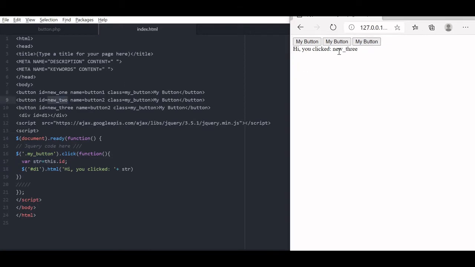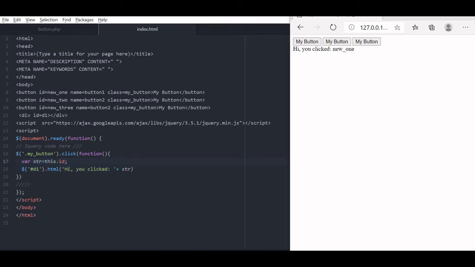If I click your new 3, this is the id we have used. Similarly, if I click the first button, I am picking up the id, because many times you may be requiring a common code to be executed on a group of buttons when any one is clicked by the user. Whenever a button is clicked, the class for the entire group of buttons is common, and based on the selection of the class, this particular code, line numbers 17, 18, will be executed. First we are storing the id value, and then simply we are displaying.